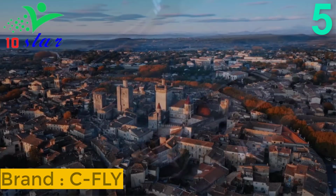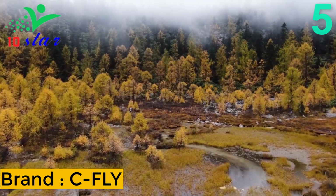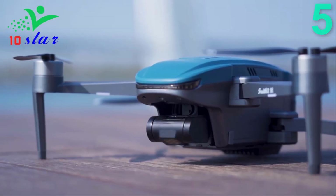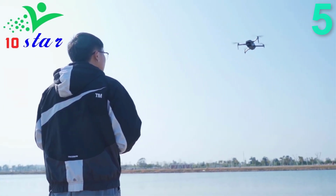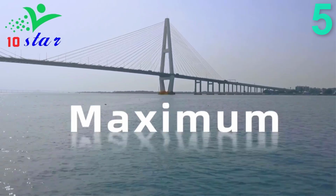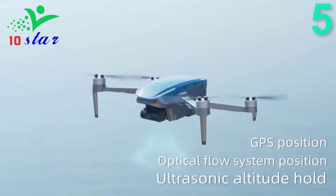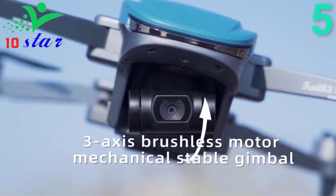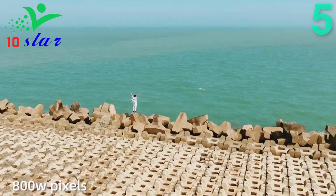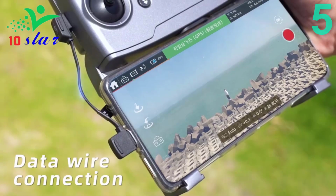Number 5. Brand name, CFLY, model number, Faith 2SE. The CFLY Faith 2SE 4K RC drone is a remarkable product that caters to the needs of drone enthusiasts, photographers and videographers. Its combination of a compact design, high-quality materials and impressive performance make it an ideal choice for those seeking a high-quality drone. It is equipped with a 4K camera, tuned amazingly to capture pictures and videos from the sky,